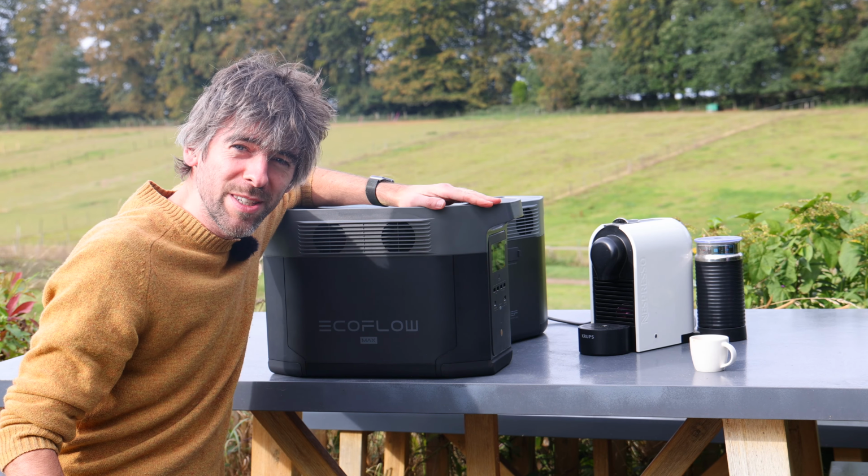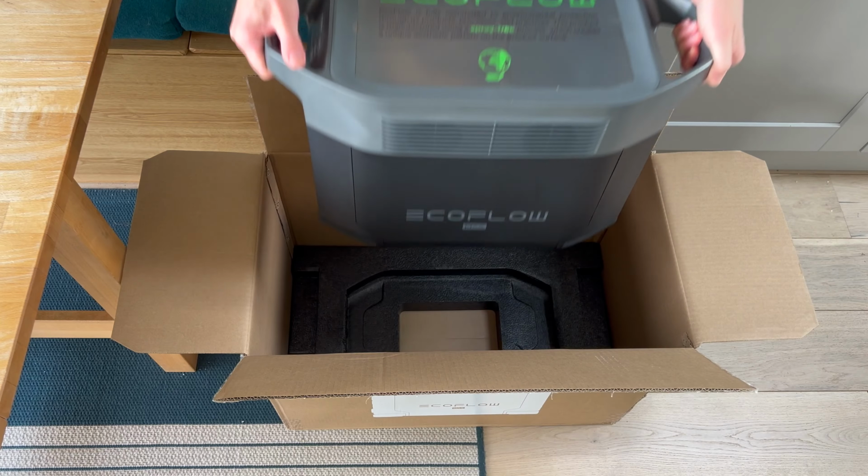And the first thing you'll notice is that it's really heavy. It's 22 kilograms, same weight as my 10-year-old daughter. Be careful when you're lifting it. But it's a 2 kilowatt-hour battery in here, so it's quite a powerful beast. So once you've got it out of the box and you've had a lower back massage, then you'll notice that